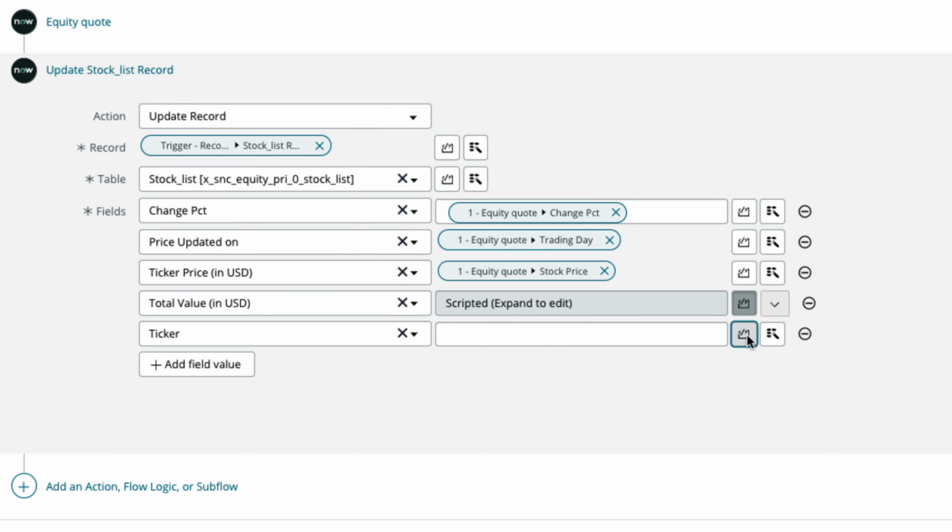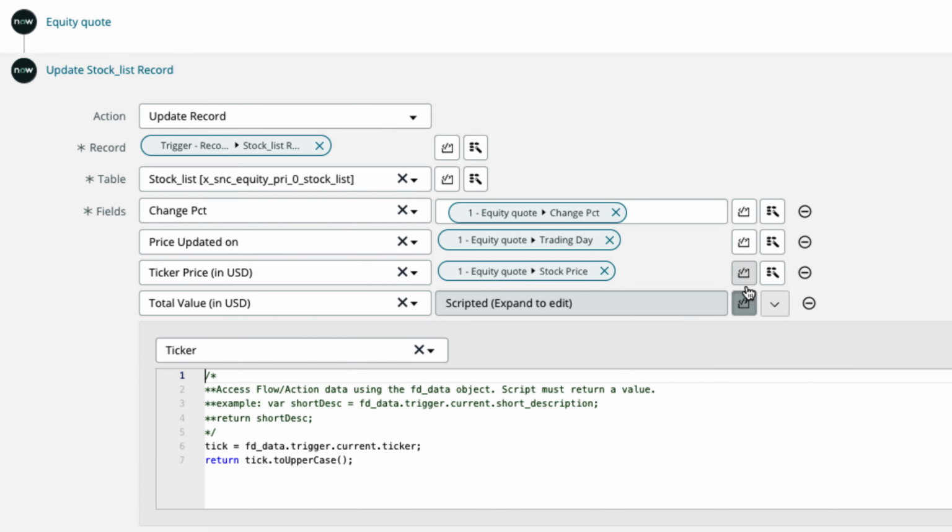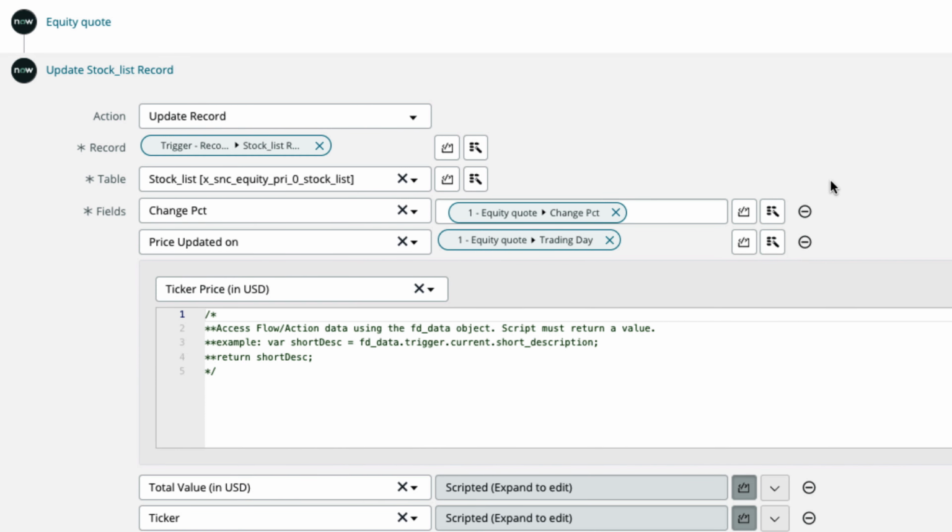So yeah, that's a simple flow that I'm using to do this,